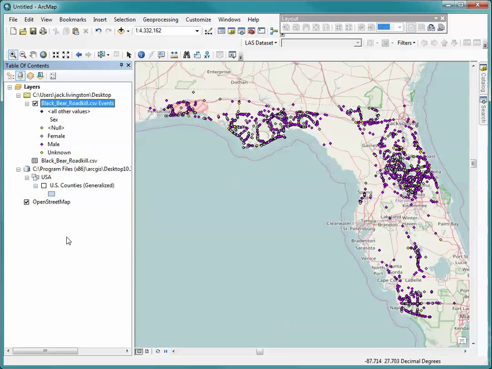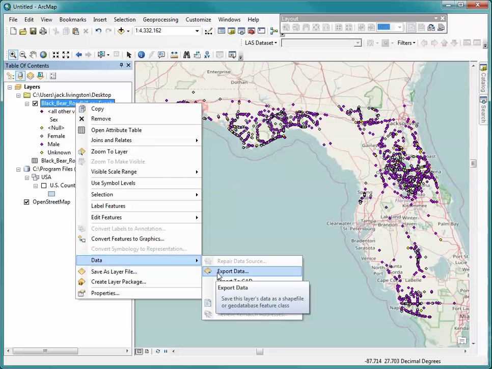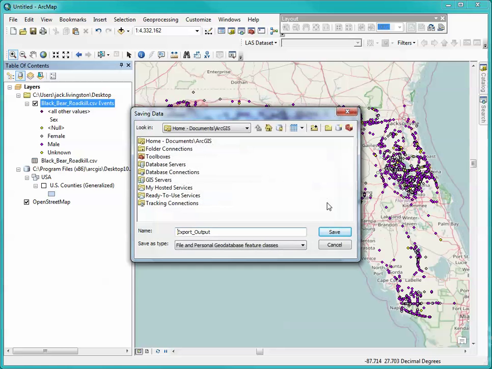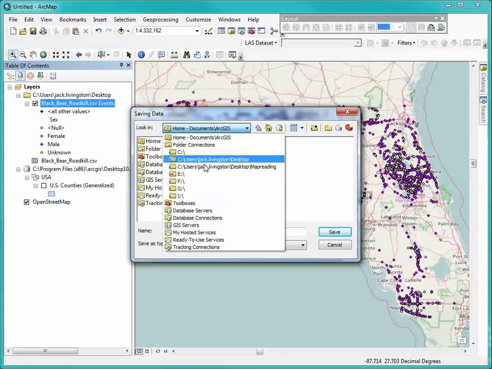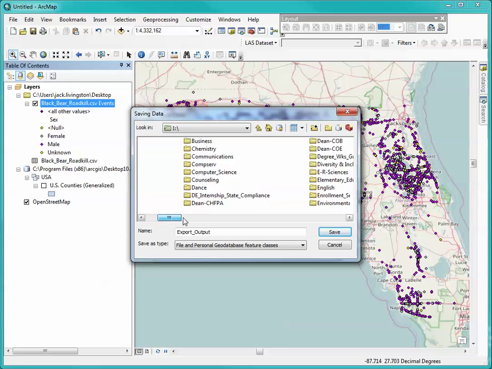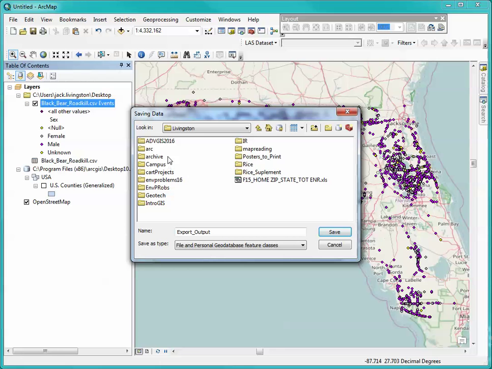The next step is actually quite simple. This, again, you'll notice says events, the events from the CSV file. So in order to make this permanent, what I'm going to do is right click on it, go down to Data, and I'm going to export the data. Now in this case, I'm going to export this to my iDrive. And again, you would be exporting this to wherever you had write access to. And again, I'm going to be putting this into our Intro GIS,